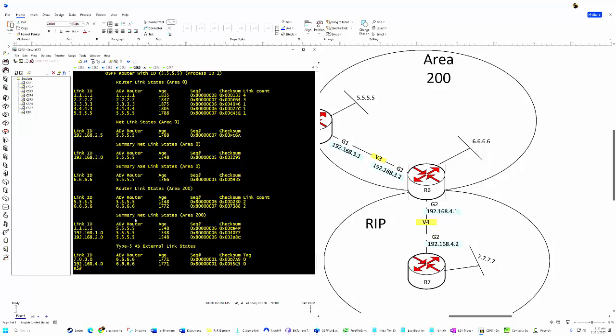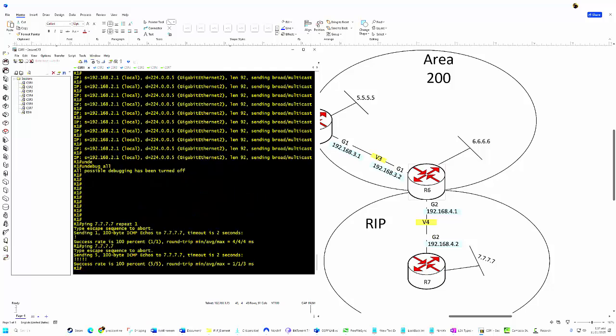All we know on router 5, okay, we have external routes. All I know on router 1,